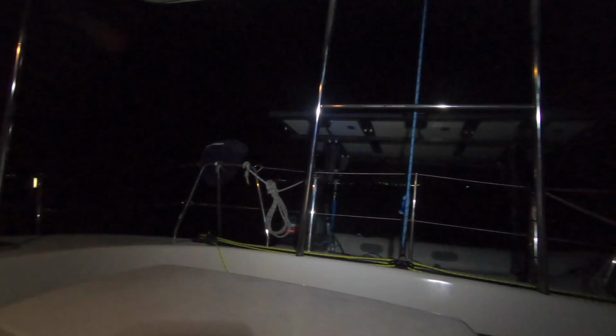Okay, so we're doing our night sail, and as you can see, it's really dark out here. And we really prepared for this, though. I was terrified at first, thinking about the whole thing, but